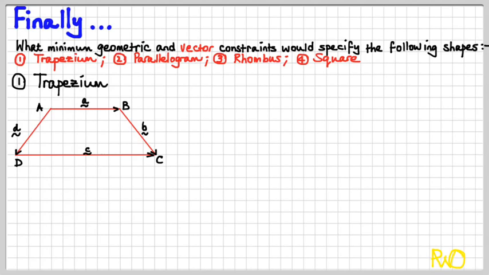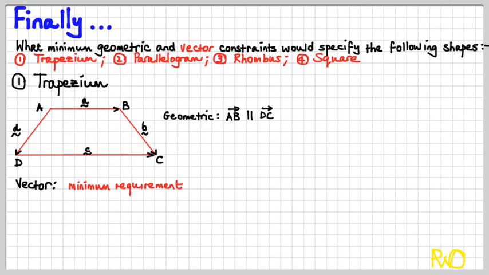A trapezium, right? A trapezium. Now, I've just drawn it as generally as I can with all the vectors. Nothing's equal to anything, or nothing's really specified in terms of what relationships might apply. Now, in terms of the geometric thing, we want line AB to be parallel to line DC, don't we? Isn't that what you need for a trapezium? Anything else? Don't think so. So what about for vector? What do you need to say? Minimum